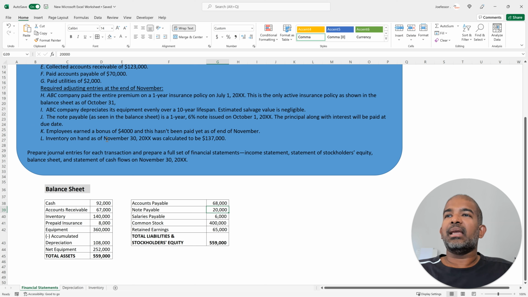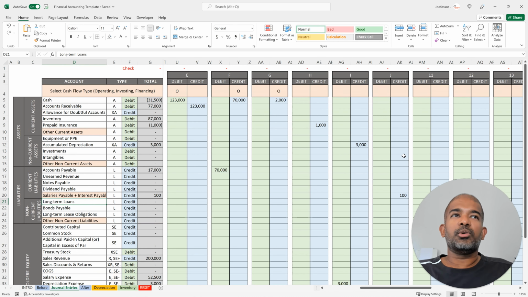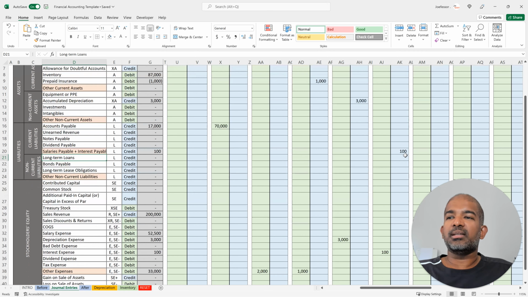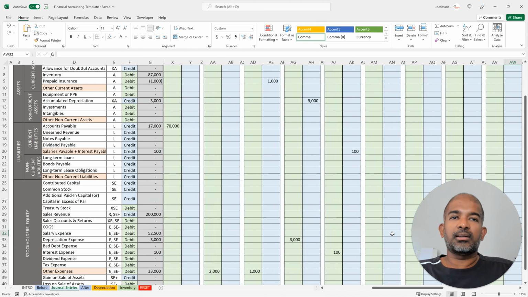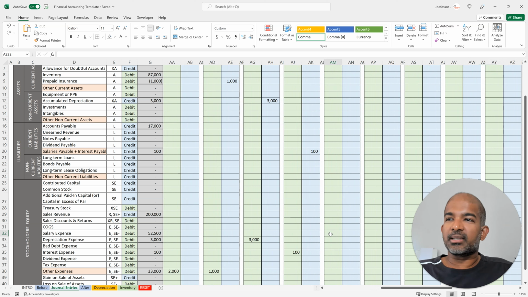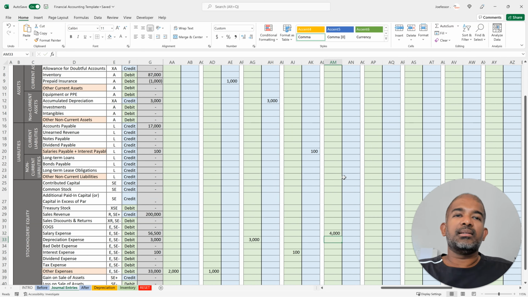part K, employees earned a bonus of $4,000 and this hasn't been paid yet as of the end of November. So there is a bonus of $4,000. So there's going to be a salary expense of $4,000, which I'm going to debit here. But it hasn't been paid yet. We have a salaries payable here. You can put the